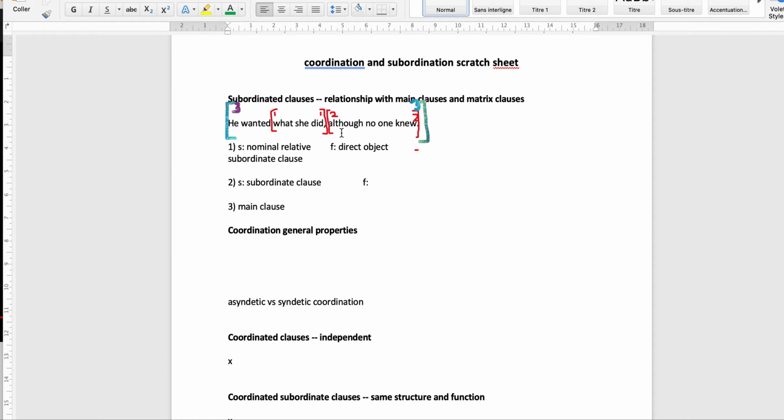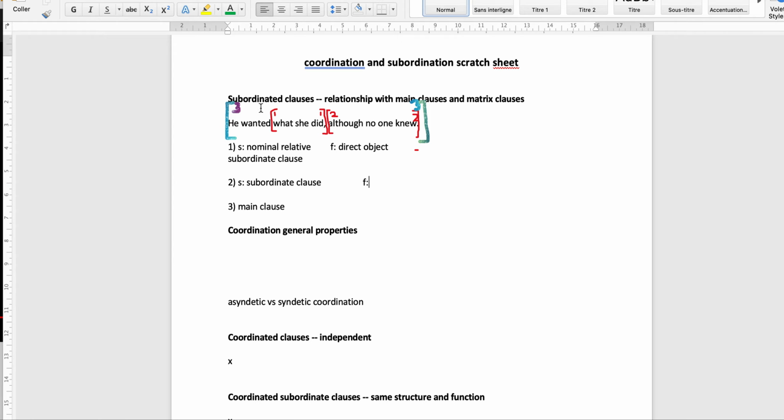But we notice we have a subordinator followed by something that could be a sentence, right? And you've seen that that's the way it works. So we know that this is the structure, just a subordinate clause, introduced by a subordinator. Okay. And the function, we've seen this before, is that this is giving us information about